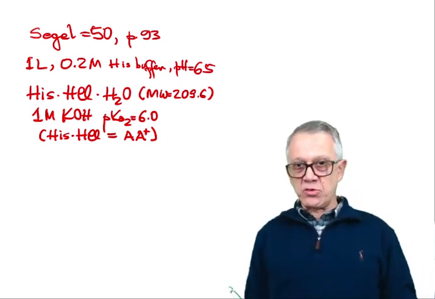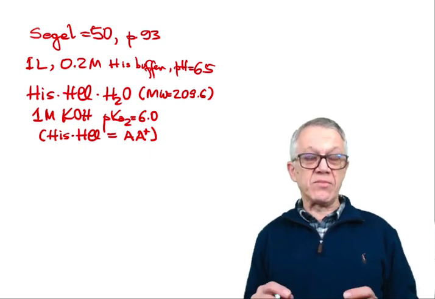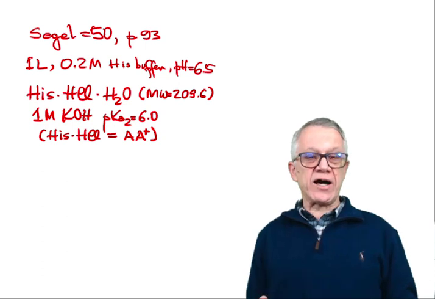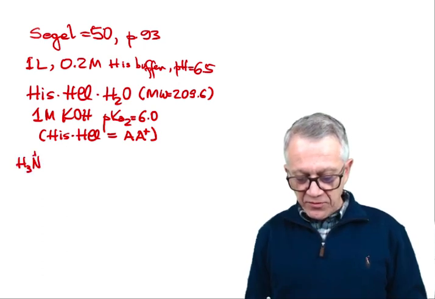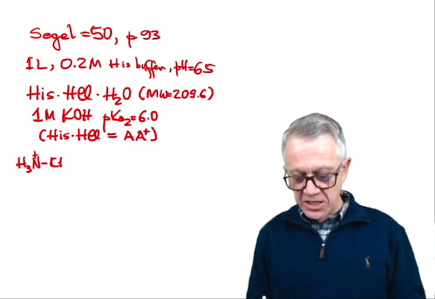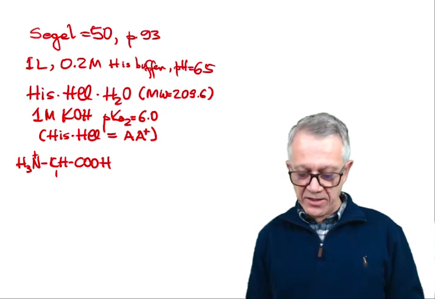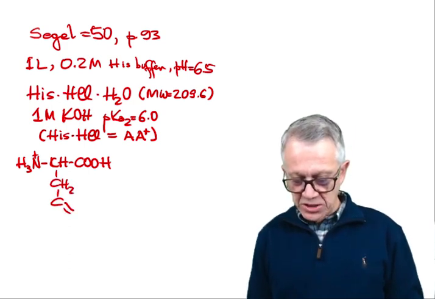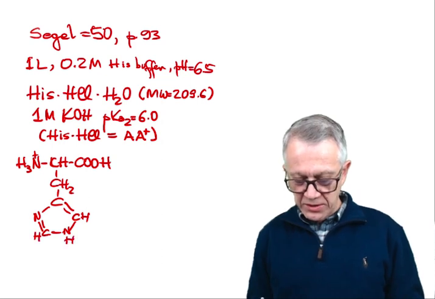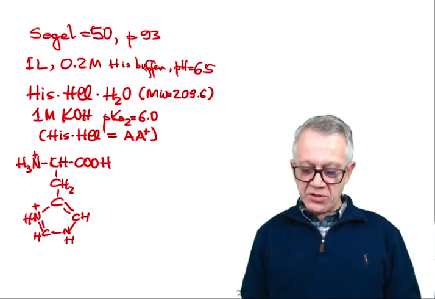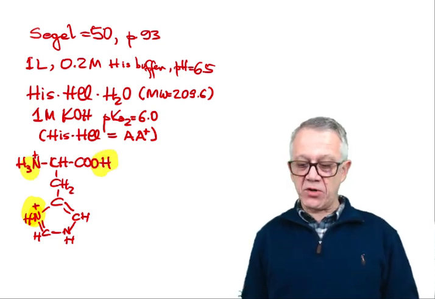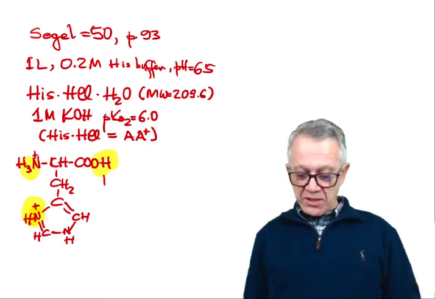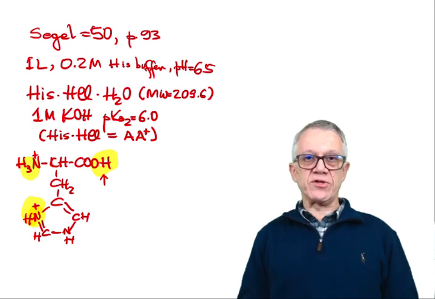First of all, it is always to our advantage to write the structures of the forms of the amino acid, so you know exactly where we are in terms of the solution that we have in mind. So we start with the fully protonated form of histidine, which is NH3+, CH, COOH, again fully protonated, CH2, and then C, N, the bond C, with hydrogens. And remember that this is the side chain, and that's the one that has a proton that can be deprotonated. So we have 3 places where we have protons that can be deprotonated, and we know that the first step is going to be deprotonation of the carboxylic group, because that's the